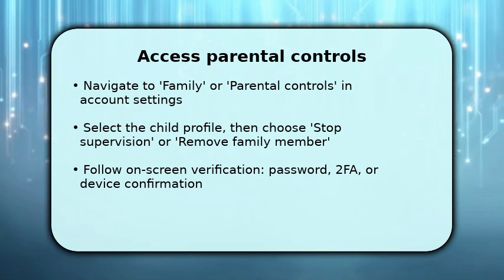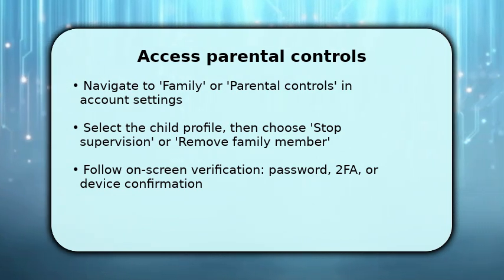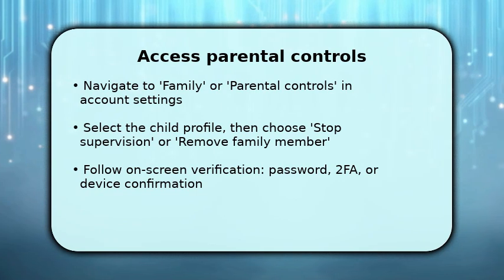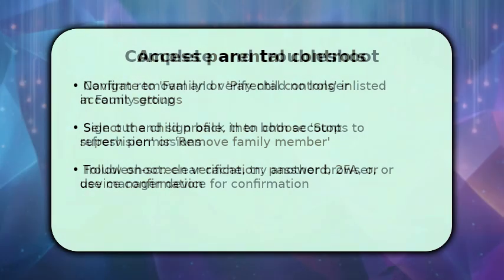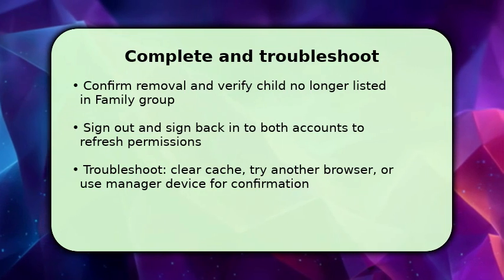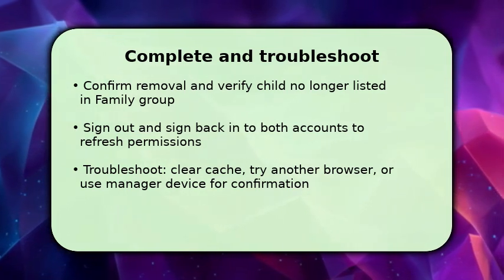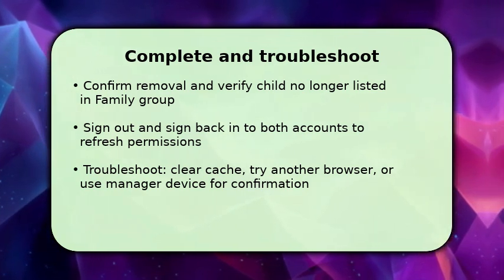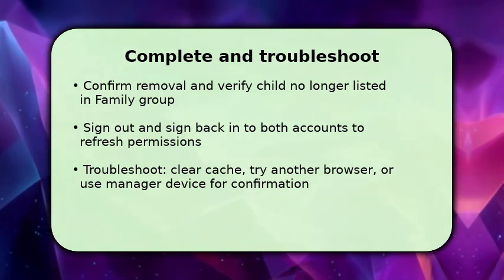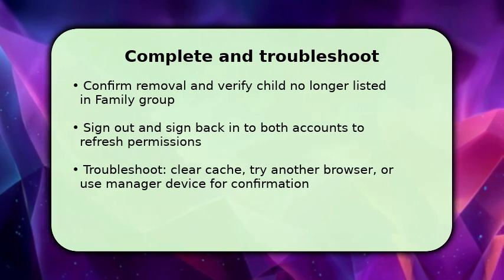If removing on the web fails, try opening Family Link in a new private window and repeat the verification flow to avoid cached errors. Finish by confirming the removal prompt. Once done, you should see the child removed from the family group immediately. Make sure to sign out and sign back in on both accounts so permissions update and sync devices reset parental